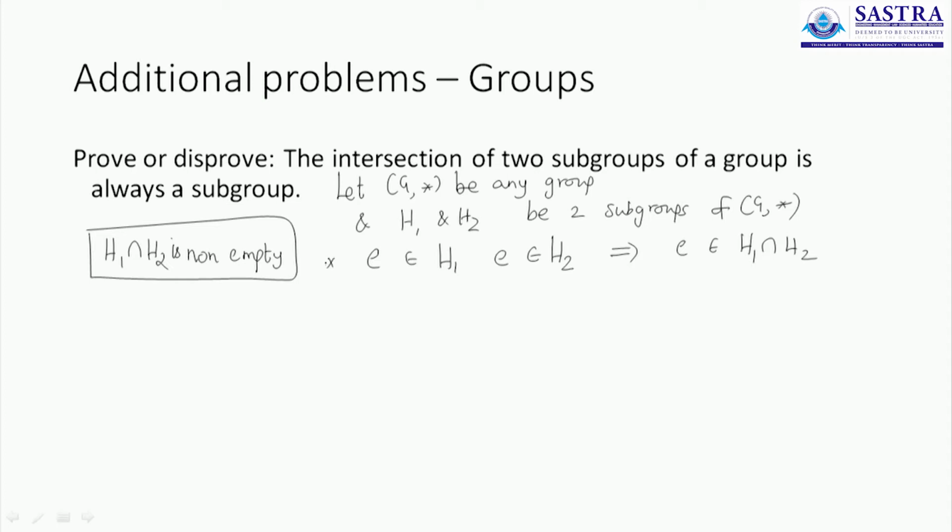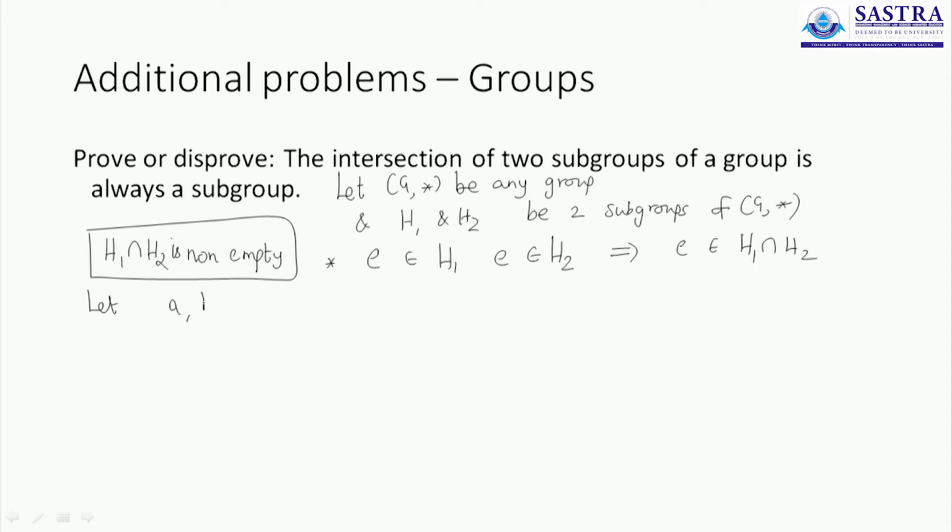Now the moment you have shown that it is non-empty, we can proceed and look at either the 2 condition test or 1 condition test to show that this set is also a subgroup. We'll go for the 2 condition test. The 2 condition test wants us to verify if the closure property is met, or the condition behind the closure property is met for a given non-empty subset. Now what is the closure property? For any 2 elements A and B, A star B should also be part of the subset. So for that, let's consider 2 elements.